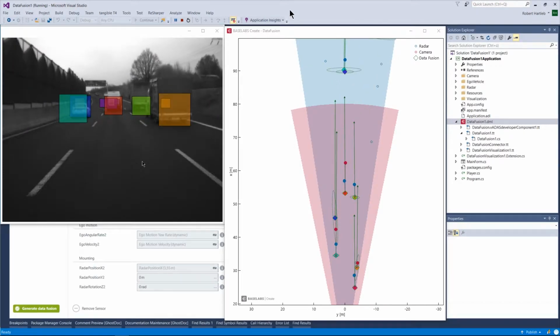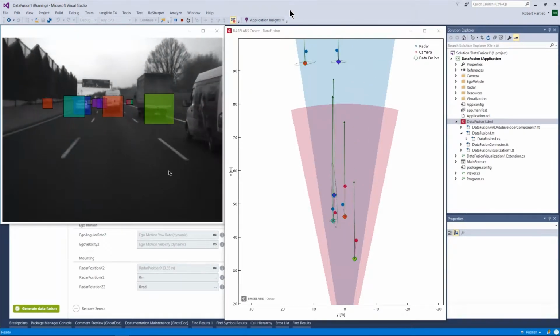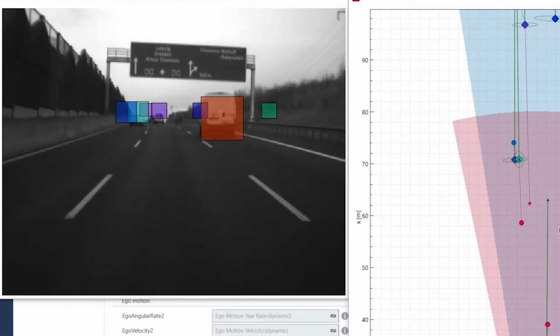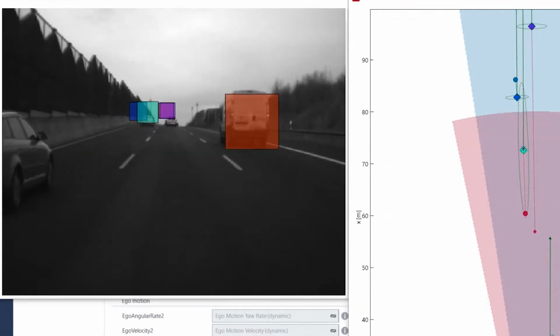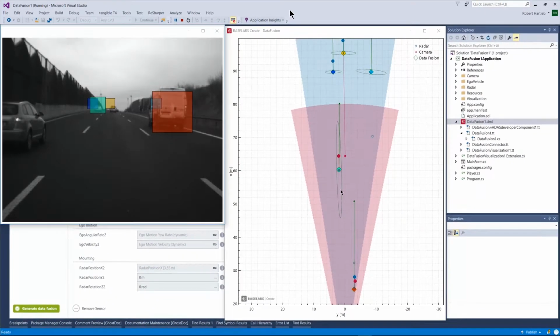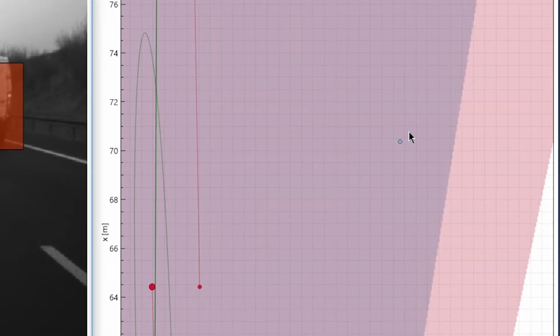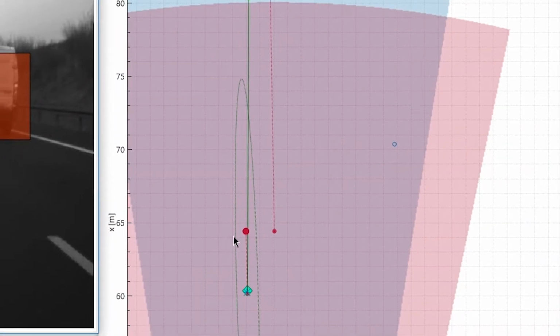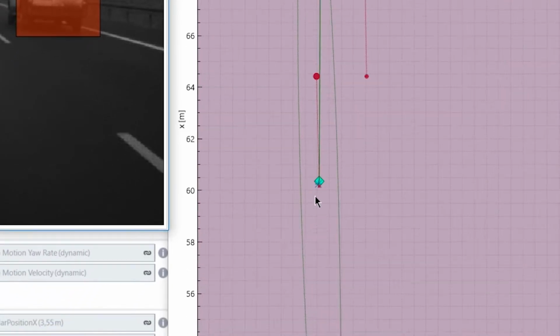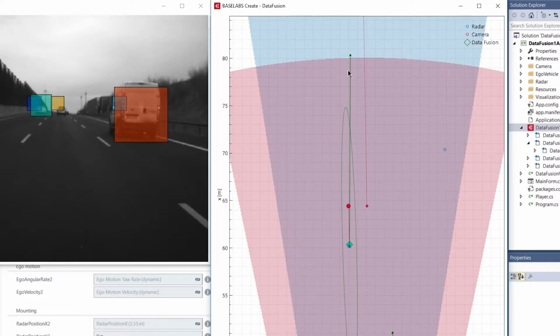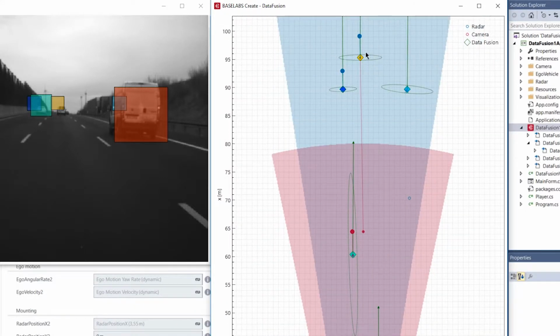After that introduction, I will start our data fusion system. Our application consists of a video showing the Ego vehicle view with bounding boxes highlighting the tracked objects, and a bird's eye view showing the field of view of each sensor. The field of view shows measurements as open circles and in the color of the sensor. Tracks are shown as solid diamonds. The heading and speed are shown as a green arrow. Covariance is shown as a green ellipse.